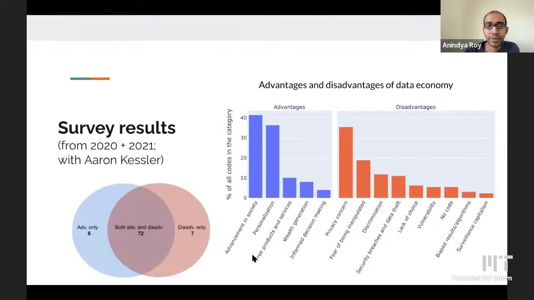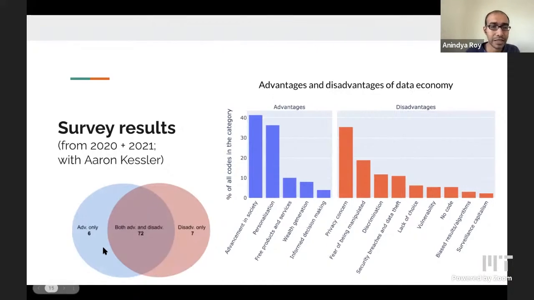We also asked you about the advantages and disadvantages of the data economy. And the first thing to see there is that we got so far a pretty nuanced response. By the way, all the results that I'm presenting here are from the last 2 years, 2020 and 2021. The responses you gave just now are not part of this yet, because obviously I have not done the analysis.